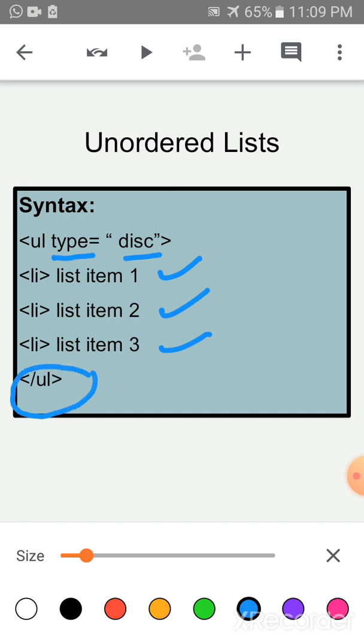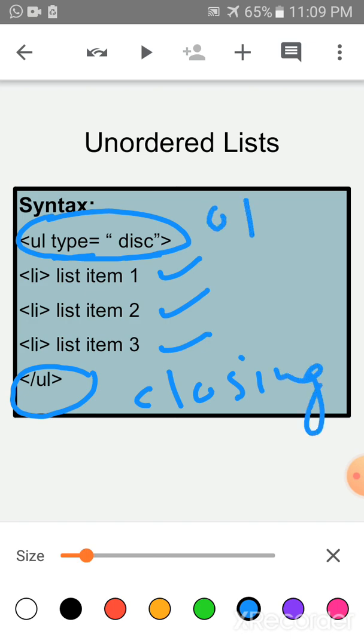the ul tag. This is the opening tag and this is a closing tag. Okay children, closing, and this is the opening. Okay children, UL means unordered list, and LI means list item.